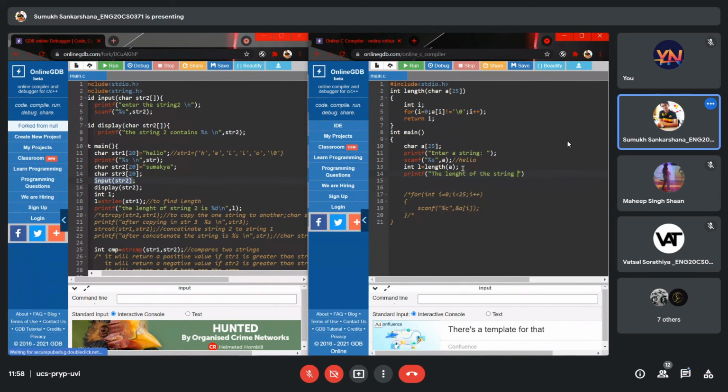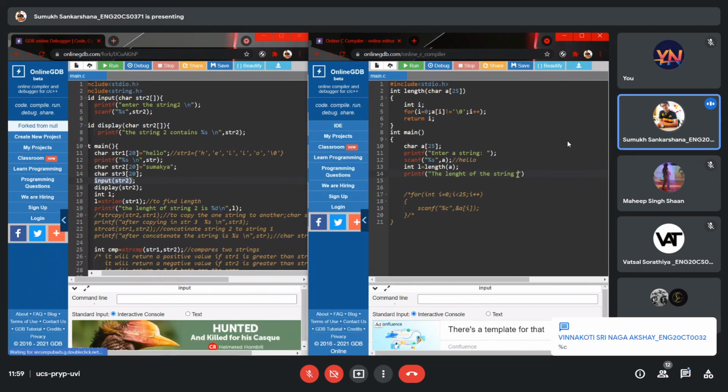Yes, we have to put a string over here. So which format specifier will I use, a %s or a %c? Anyone? Akshay, we are printing the whole string over here, so we'll be using a %s.